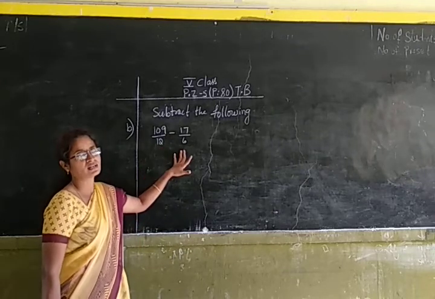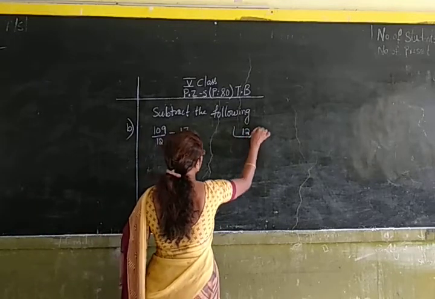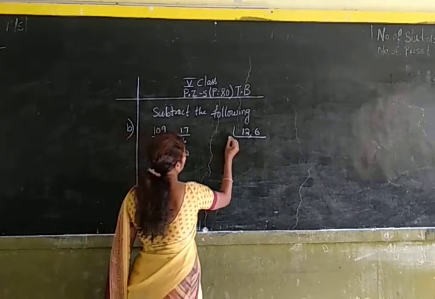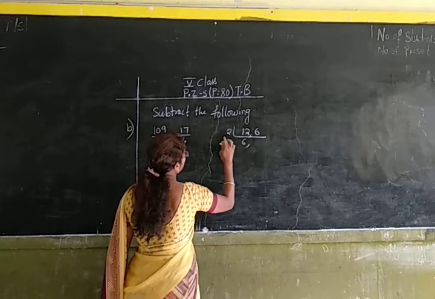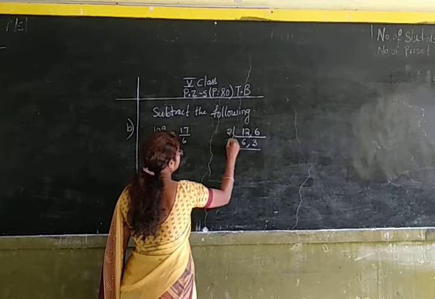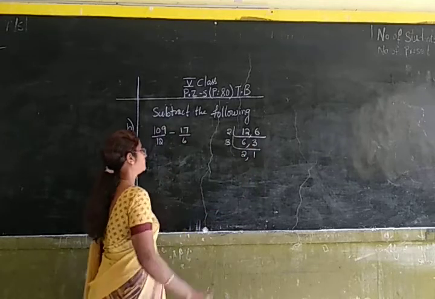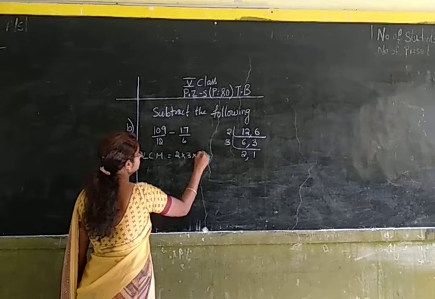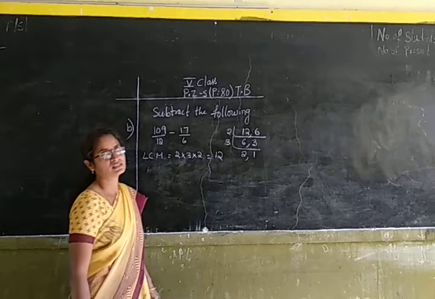Now we have to make these unlike fractions into like fractions by finding the LCM. Let us find out the LCM of the denominators, which are 12 and 6. Let us take 2 table. 2 goes in 12 6 times. 2 goes in 6 3 times. Let us take 3 table. 3 goes in 6 2 times. 3 goes in 3 1 time. So LCM is equal to 2 into 3 into 2. 2 3s are 6. 6 2s are 12. Here the LCM is 12.